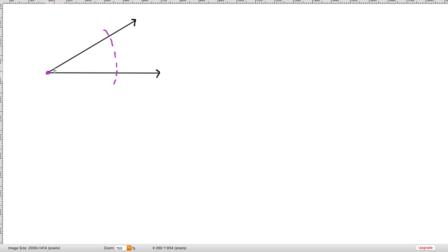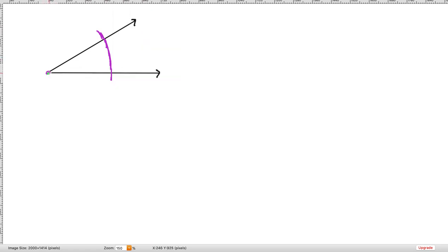And again, you open up your compass to any length, you put one point on here, that's going to be the center of the arc, or the center of this circle, the semicircle you're gonna draw. And you just basically see where it intersects these two things. It could be, again, any length. I could do it that length, or I could do this length. And mine isn't going to be perfect, but yours should be. And you basically just